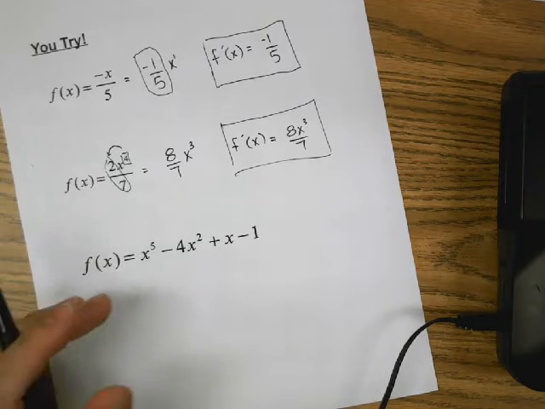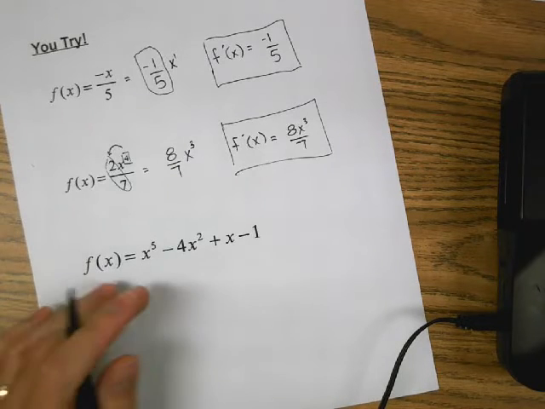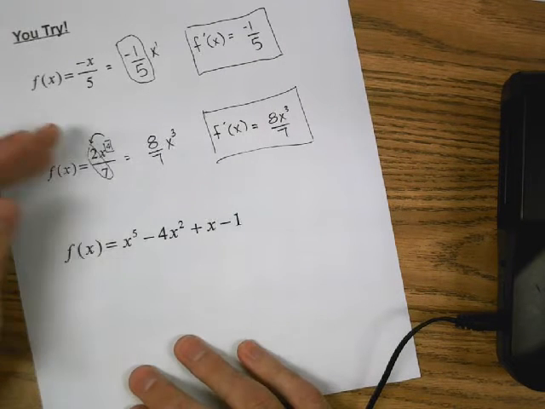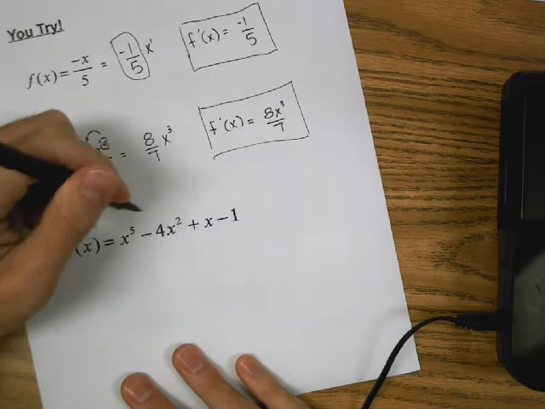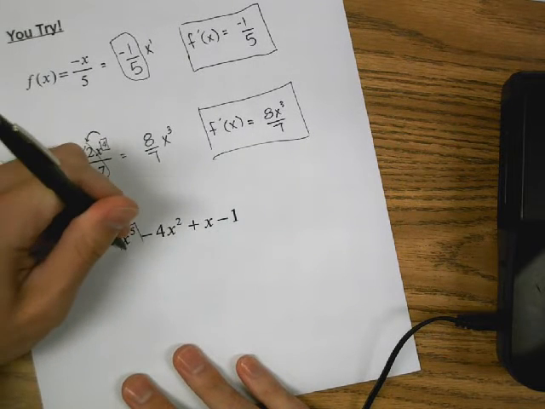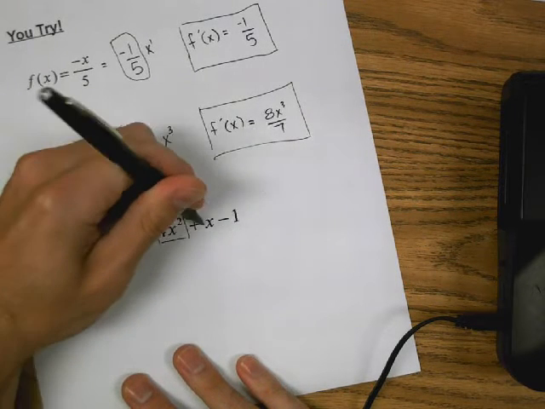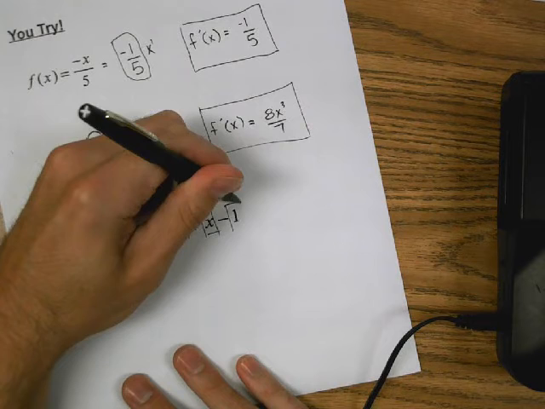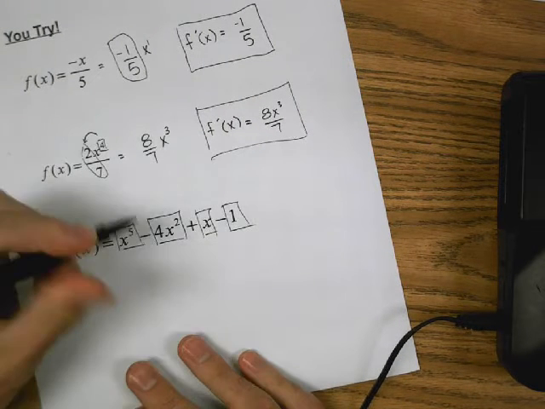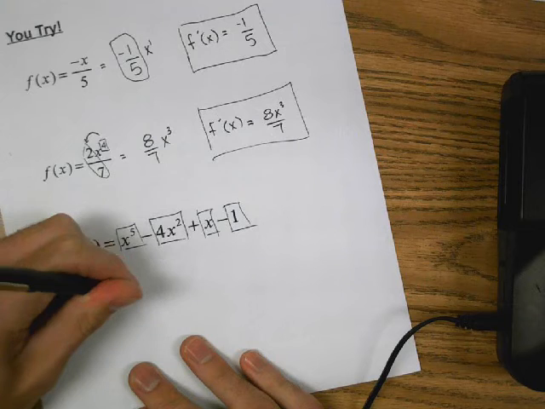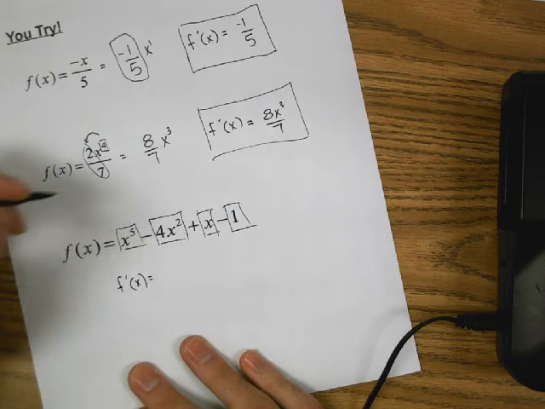All right, finally we're down to our last problem on the basic derivative rules here before you move on to the more complicated ones. This is obviously a polynomial, terms that are strung together, added and subtracted. So it looks like we can take the derivative of each one of these separately. Okay, so the first one, I'm going to say f prime of x, so the derivative is going to be equal to